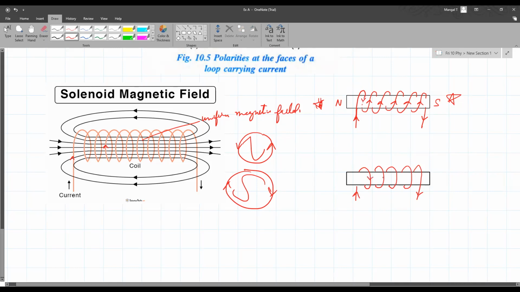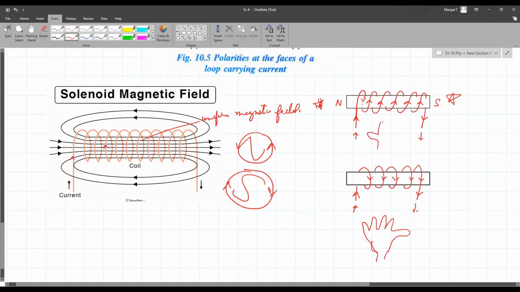Okay. And now if you see, it is the same thing with a change. If you notice now, the current is flowing downwards over there. It's still going up from here and going down from there. But the way that it is coiled, it is different. So this time, you have to hold your right hand like this. This time the palm is facing towards you.